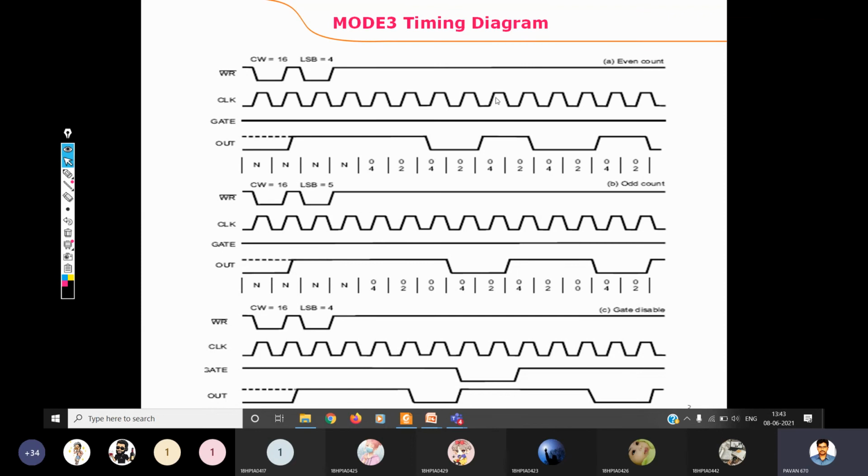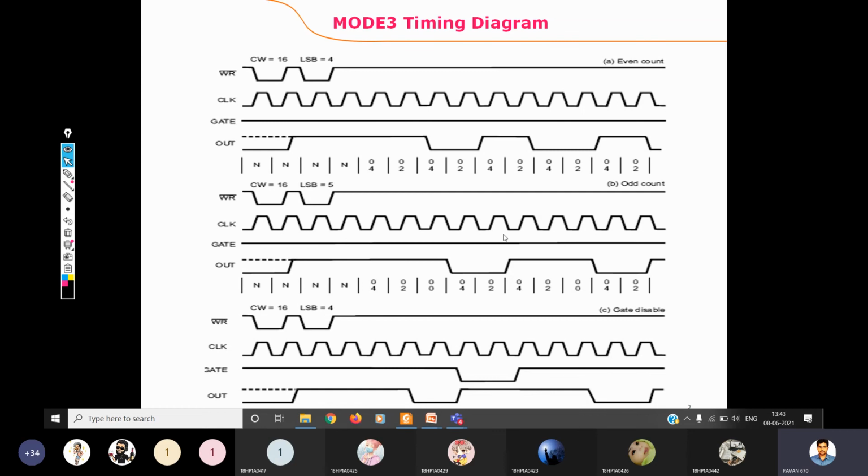4, 2. Now suppose here the value is 2. If this value gets decremented again, it becomes 0. So the out signal changes its state and keeps on continuing till the value is about to reach terminal count. Since the value I loaded is 4, for the first 2 clock cycles of duration it is on. For the next 2 cycles of duration it is off. For the next 2 cycles it is on, and here it is off. Like this, it changes its state.